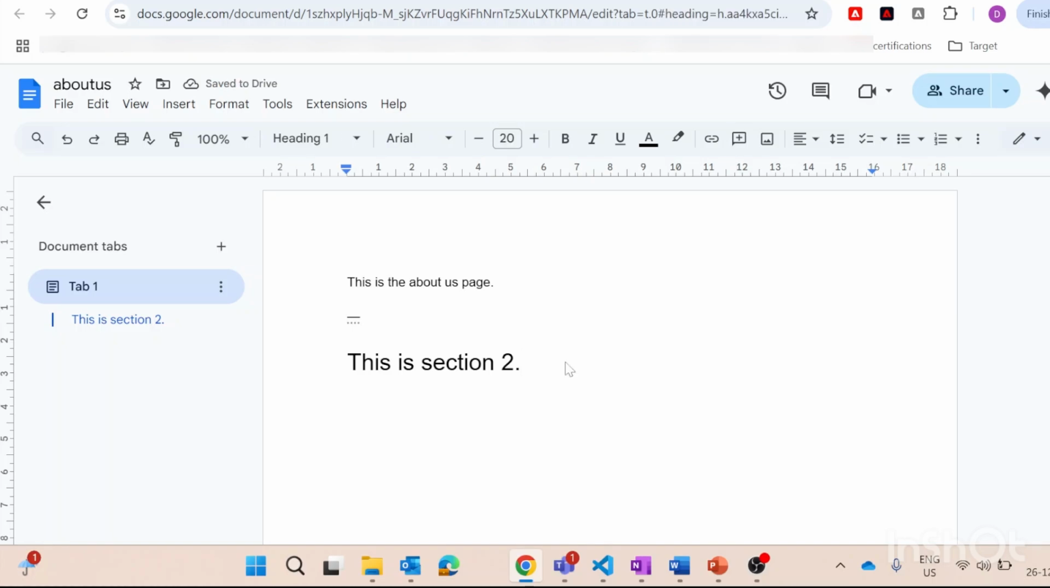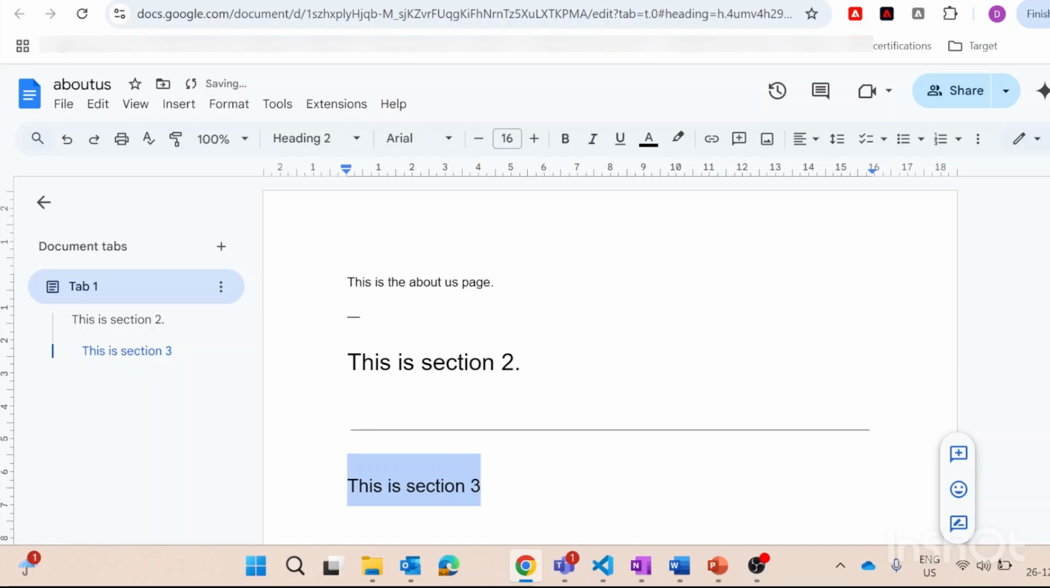or let me add one more section. Or you can insert a horizontal line. So if I add here, this is section 3. Now we have created three sections. Let me change this to heading 2. And if I preview this now,